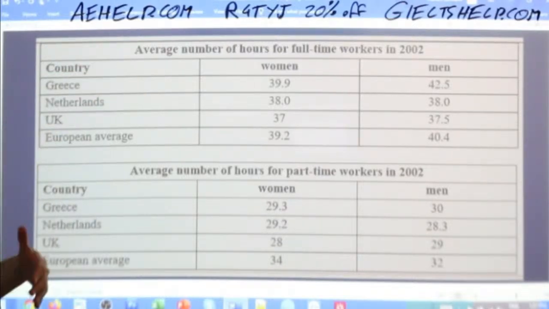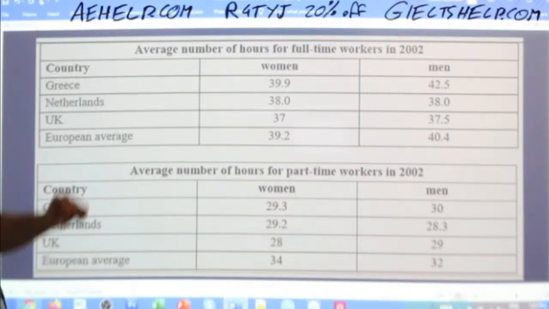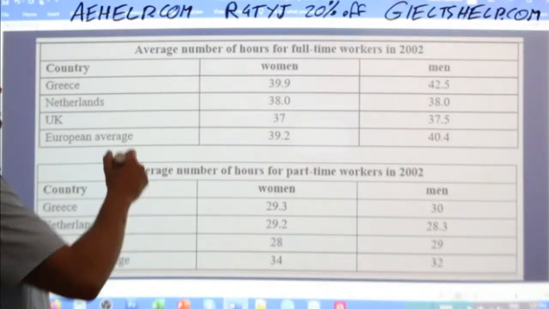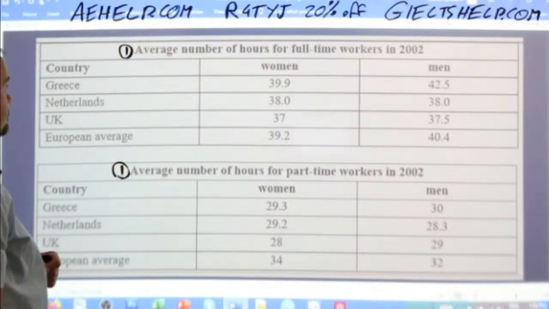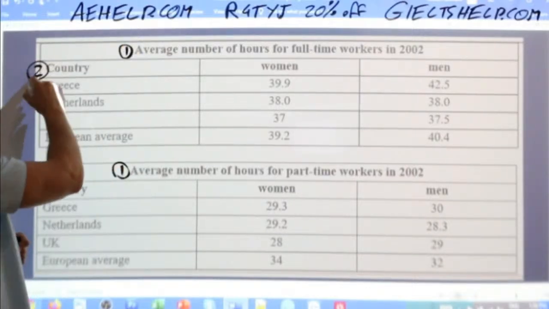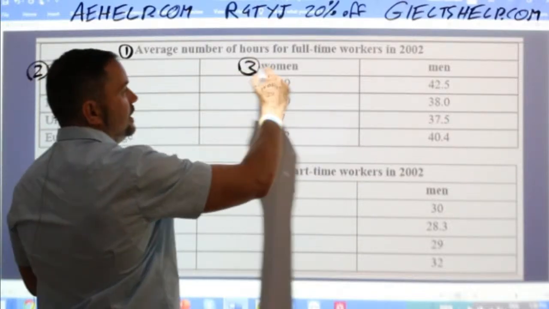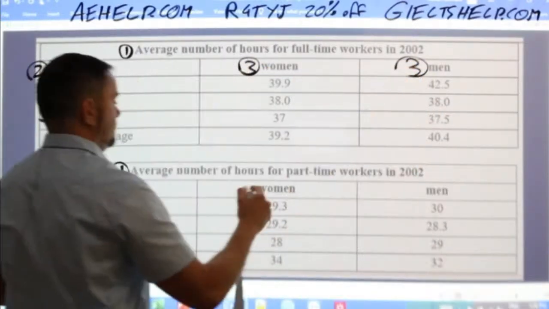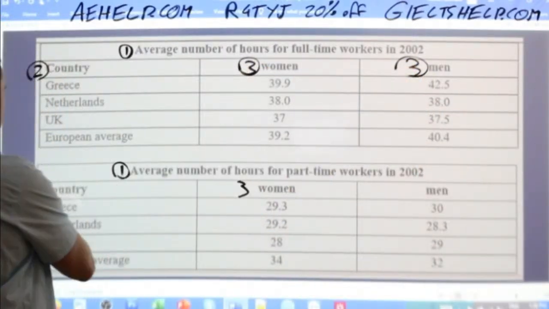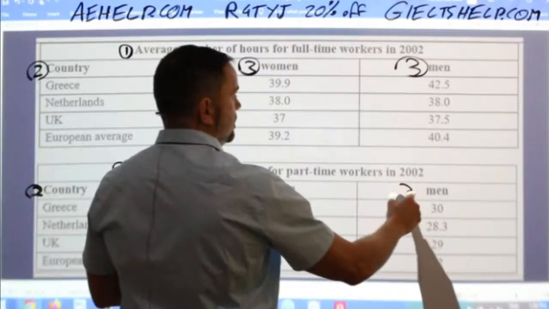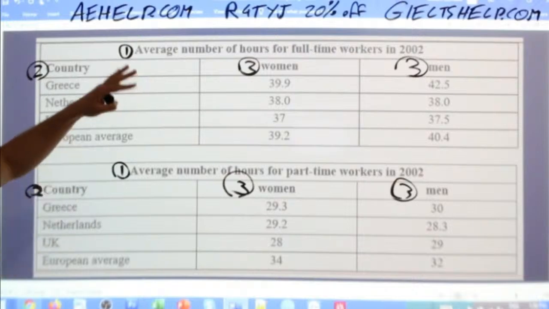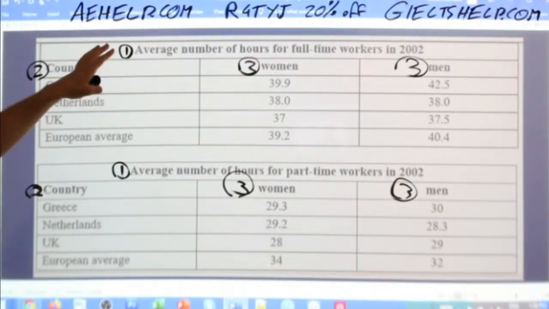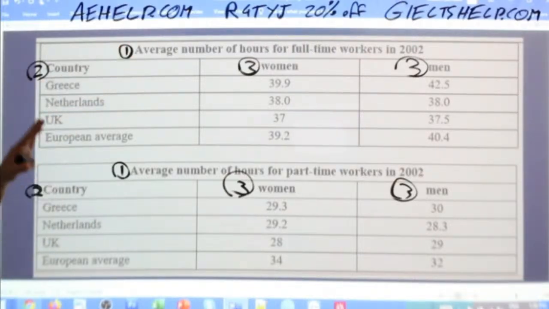Okay, and you should always pay attention to the hierarchy of information. Okay, the hierarchy of information clearly is number 1 here, number 2 here, number 3 here. So that's the hierarchy of information here. Keep that in mind. A lot of students get confused. They look at too much too quickly. Don't do that. Just keep it simple.